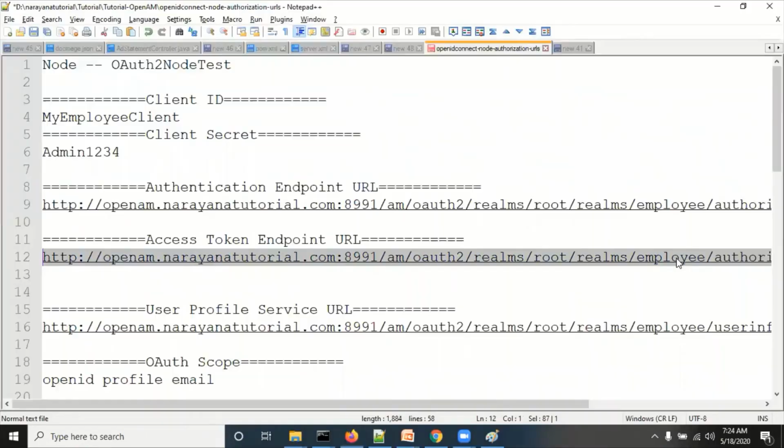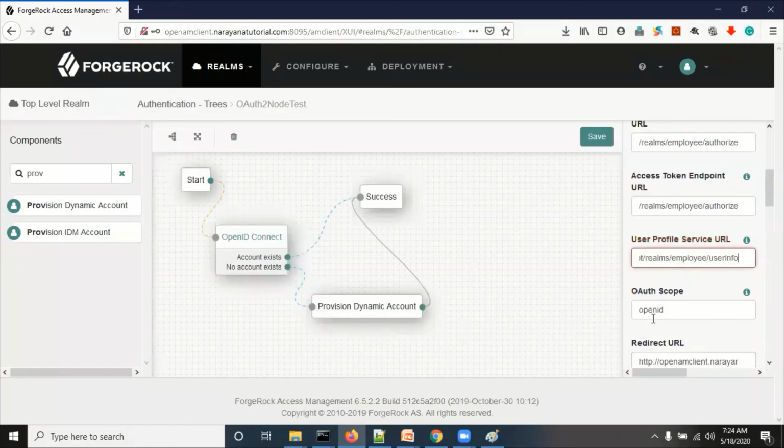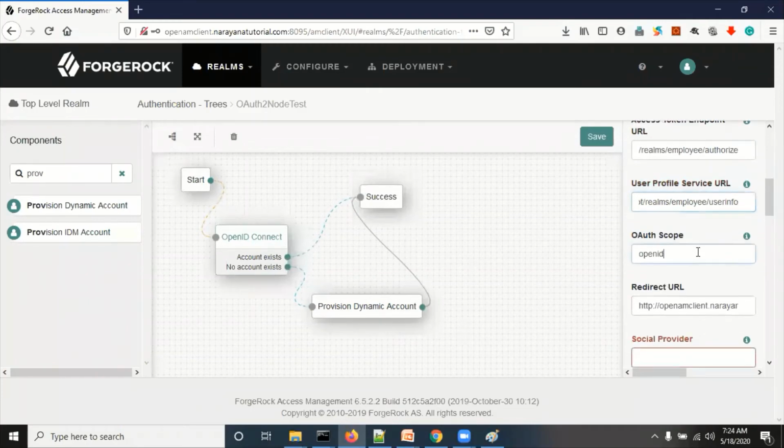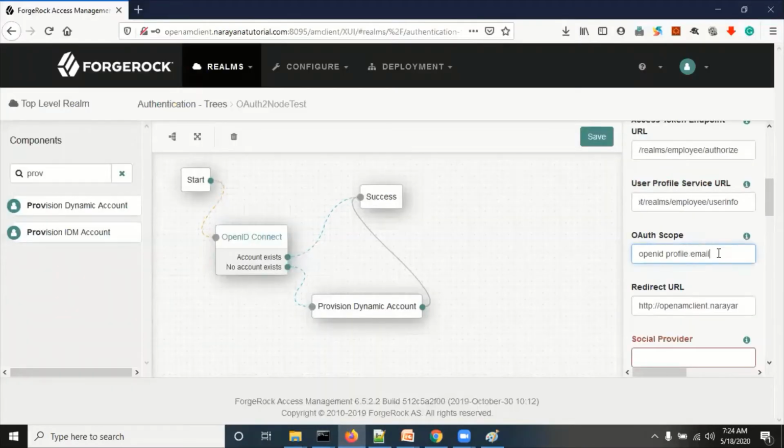The user profile service. Here, what scope? By default it is OpenID. You can delete it. You can also add OpenID space profile space email. This scope and the client server application scope should be the same: OpenID profile email.